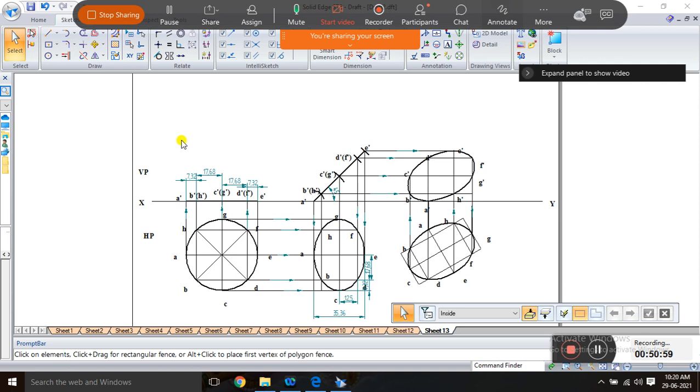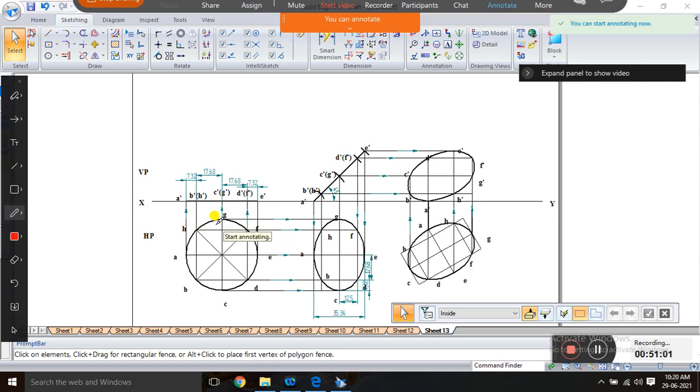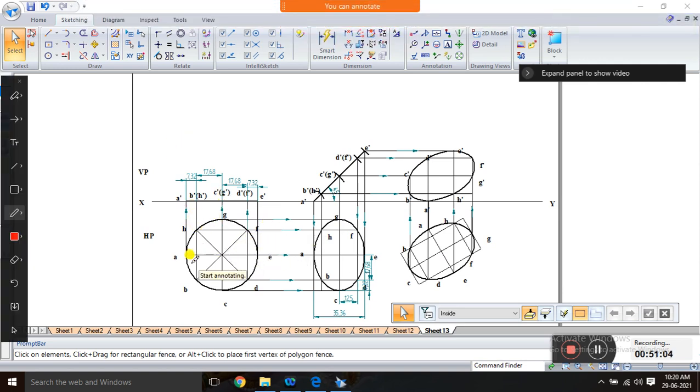say this is the first position. Circle, actually circle doesn't have any edges or corners, even though we got the points like A, B, C, D, total 8 points, means 8 equal points. So first position, it is on HP. Second position, inclination is to HP, because it is on HP, so second position inclination is 45 degree. So it looks like an ellipse. And third position, it's a normal method.